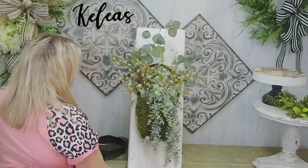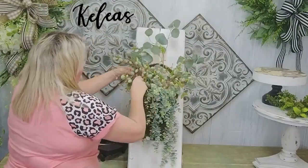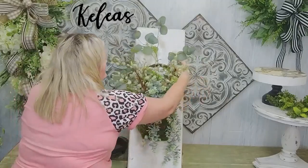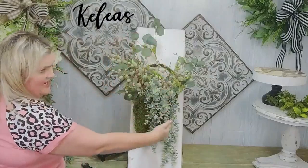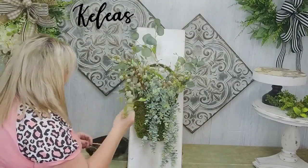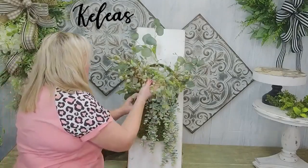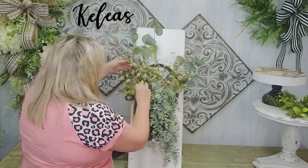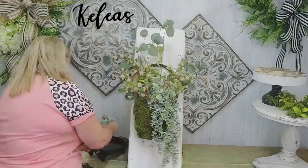All right, keep this side a little low and keep this side high. So we go from high to low and pull this eucalyptus out just a little bit behind. There you go. So this will be high to low, and that I kind of created a flow when I'm going back and forth. So I'm going to add a little bit more of this to the foreground. And then we're going to continue on with this eucalyptus. And I love when we get to do these natural type looking pieces. All right,